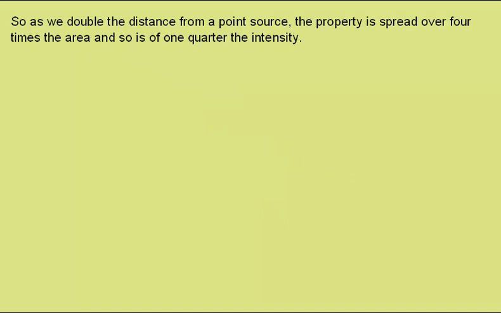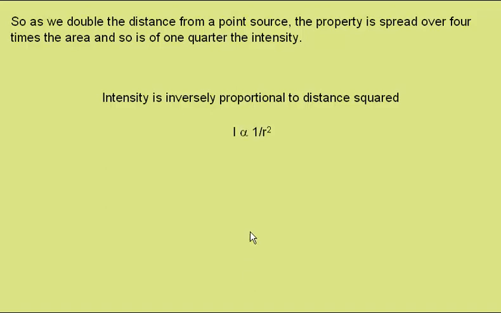So as we double the distance from a point source, the property, which we'll assume to be light, is spread over 4 times the area, and so is of 1/4 the intensity. Treble the distance, we would have 9 times the area, and so 1/9 the intensity, and so on. We can write that intensity is inversely proportional to distance squared, or in symbols with I for intensity and r